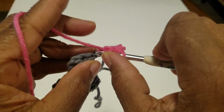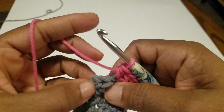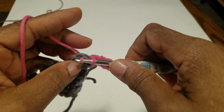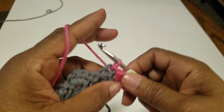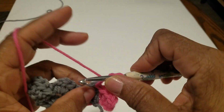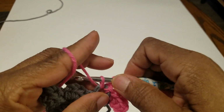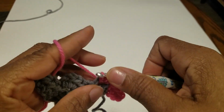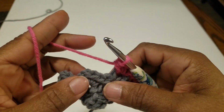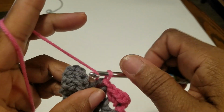3 half double crochet. And then I look for my chain 2 space. I put my hook into the chain 2 space, pull the yarn all the way through for my slip stitch. I chain 2, and then I do my 3 half double crochets. 1, 2, 3. Go to the next chain 2 space, slip stitch, chain 2,